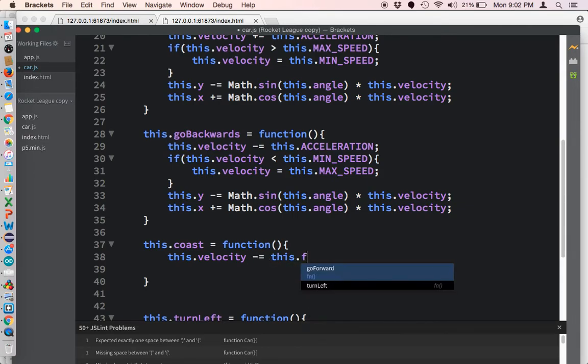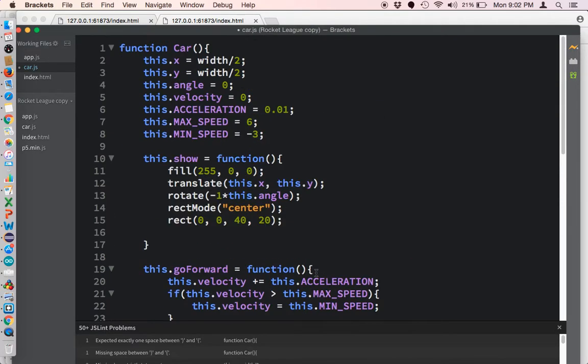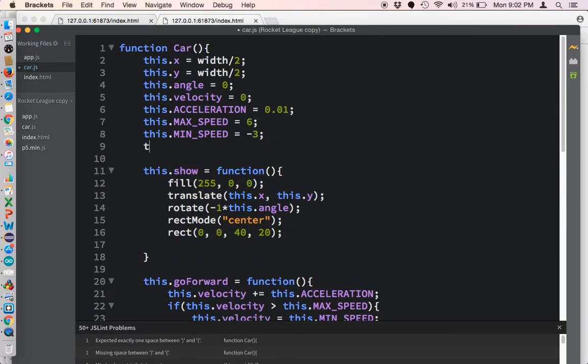So how about this dot friction? Do I have that yet? I don't. So let's make it all caps because it's constant. Notice the difference. Velocity is always changing, so it's lowercase. Friction is not. It's going to be the same for the whole program, so let's do it like this. This dot friction equals,